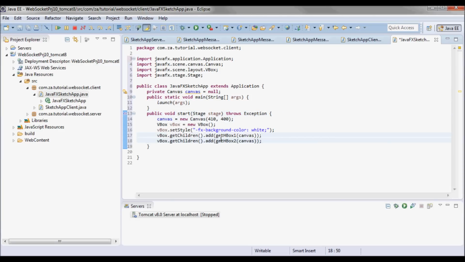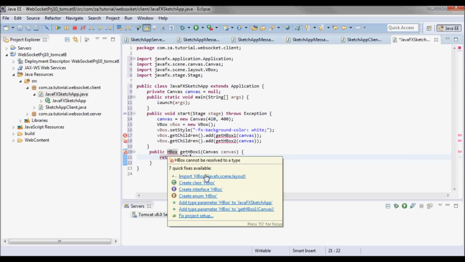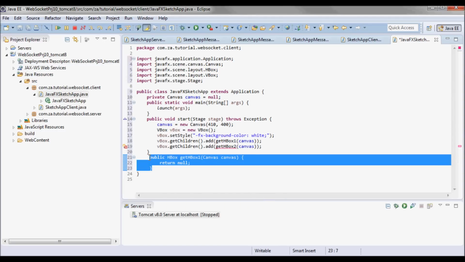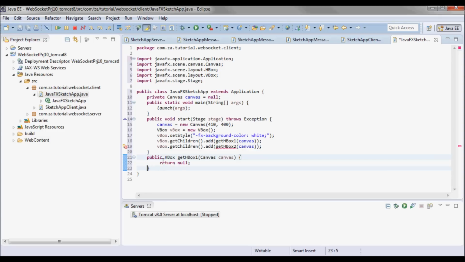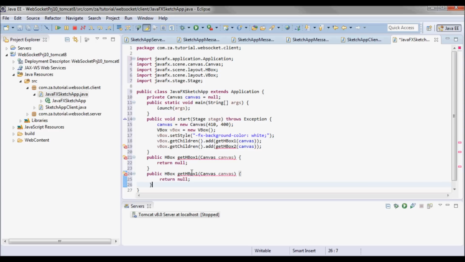And the VBox will contain two HBoxes that we will obtain by calling two methods, getHbox1 and getHbox2, passing in the canvas instance. And let me define those two methods. So getHbox1, return null for now. And getHbox2.